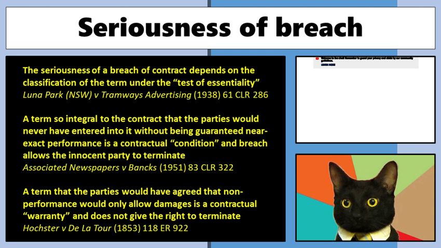We reckon that's a serious breach? Yeah, probably. Seems like pretty well. What if it had minor discoloration in the sails? It's a minor breach. That's the sort of thing. But strictly speaking, it's a breach. If that was something we'd stipulated as part of the contract, again, it has to be a term. We're talking about breach of contract. It has to be a term in the contract that says the sails will be pristine. And we turn up and they're a little bit faded. That's a breach. I'm entitled to money.